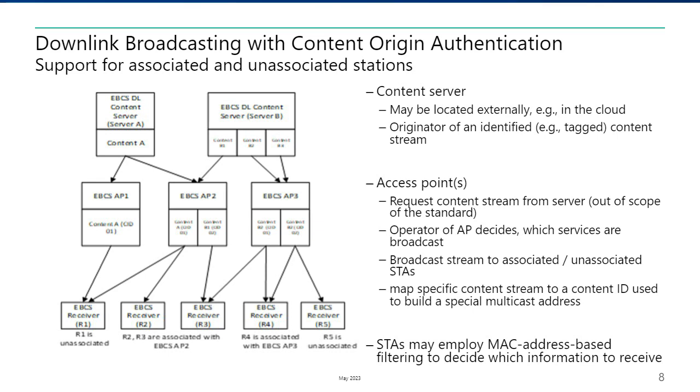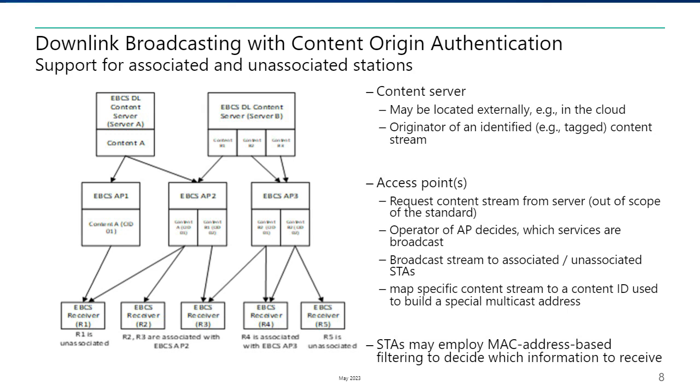So it may request the stream from the server, and this actual request mechanism is out of scope of the standard. And of course, the operator of the access point inherently decides which services are broadcasted, which is also a management and security aspect that we considered in the amendment. Then the broadcast stream is provided to associated or unassociated stations. And in order to convey to the stations the information about a specific content of a broadcast stream, the AP may map